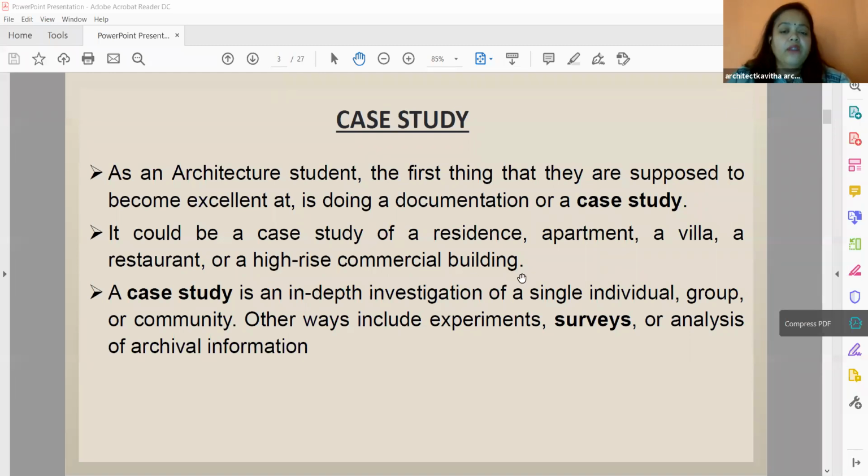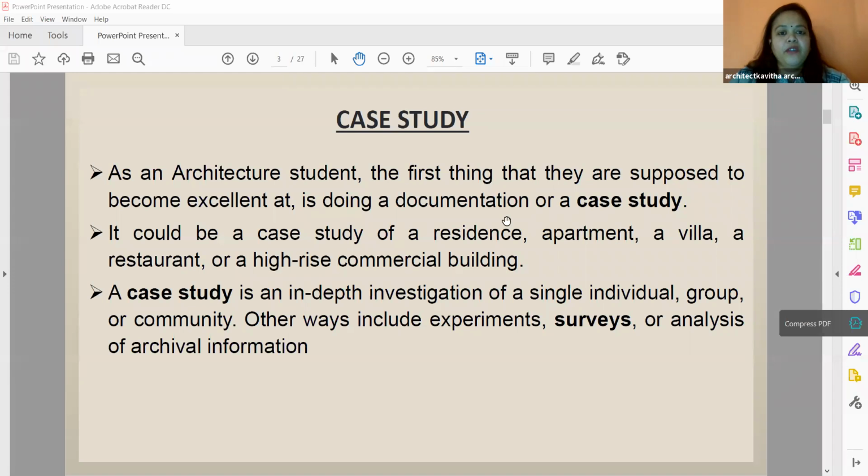When you are given a project by your teacher, it will be in groups, so some groups will get high-rise apartments because it's part of your syllabus, right? Some groups will get a hospital, some a small restaurant, some a nice apartment. Depending on the project you have got, you will do the case study. Not that you have got a restaurant and you're doing a case study of a hospital. That will not help you.